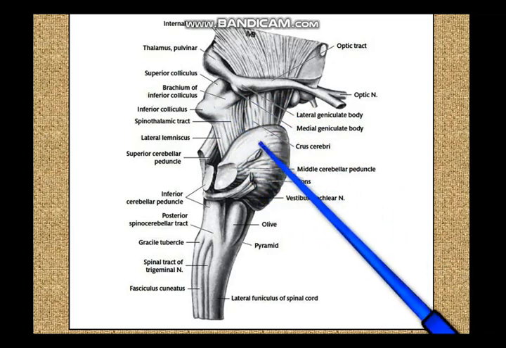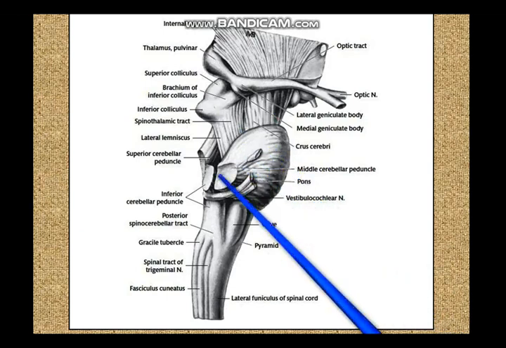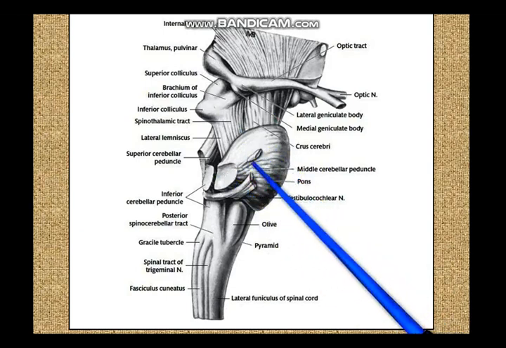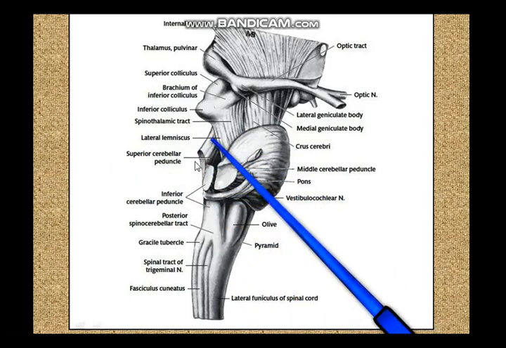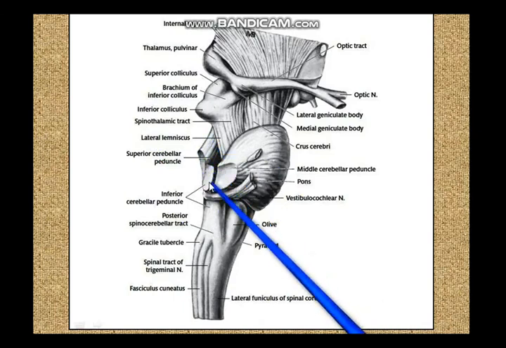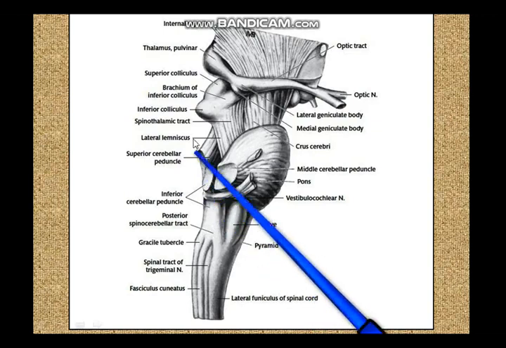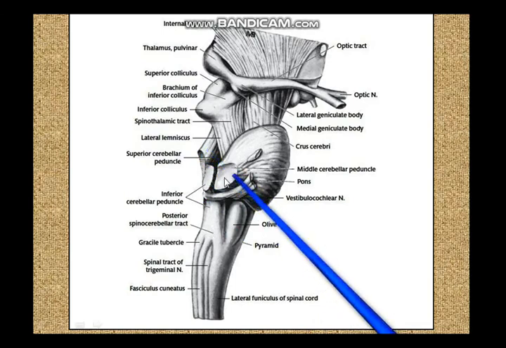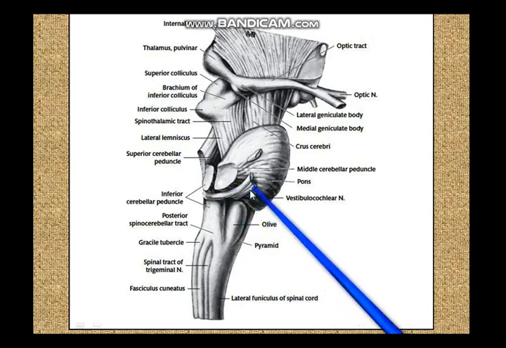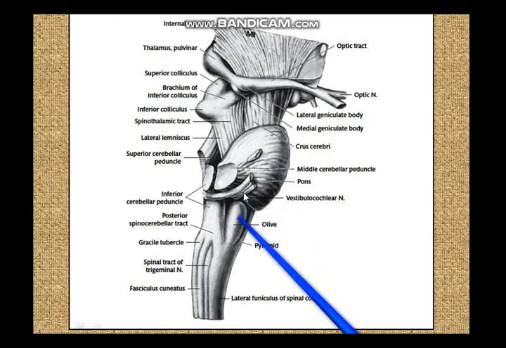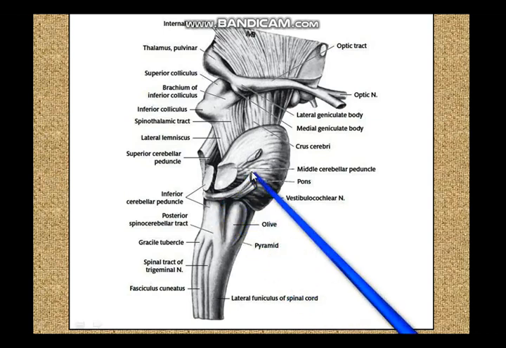And this portion then is the midbrain. And here you can see the pons, and because you have the pons and the middle cerebellar peduncles, you can see the trigeminal nerve over here emerging between the pons and the middle cerebellar peduncle, the superior cerebellar peduncle of the opposite side descending from the midbrain, and the inferior cerebellar peduncle coming up from the medulla. So you have the inferior cerebellar peduncle here, the superior cerebellar peduncle here, and the middle cerebellar peduncle over here. And here you can see the vestibulocochlear nerve and the facial nerve. Between the pons and the olive you have the facial nerve, and between the pons and the inferior cerebellar peduncle you have the vestibulocochlear nerve.